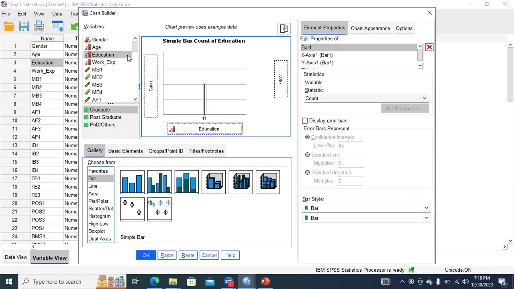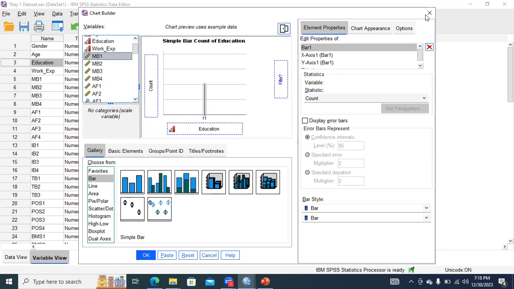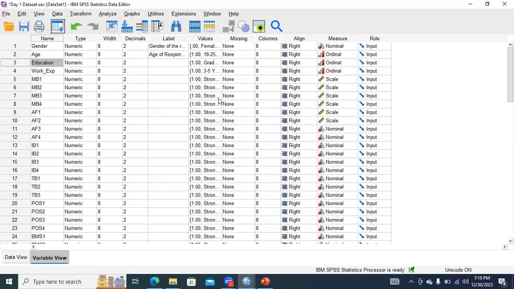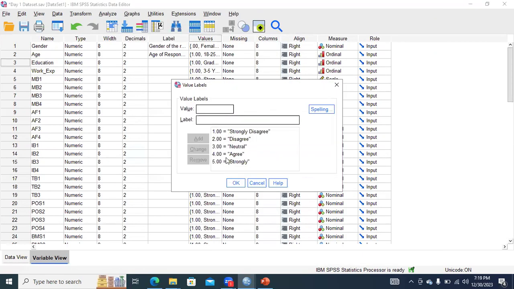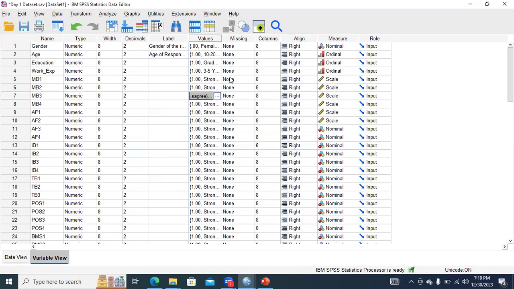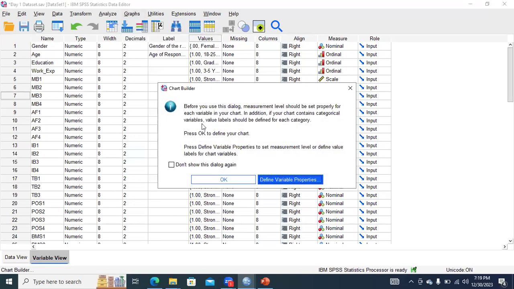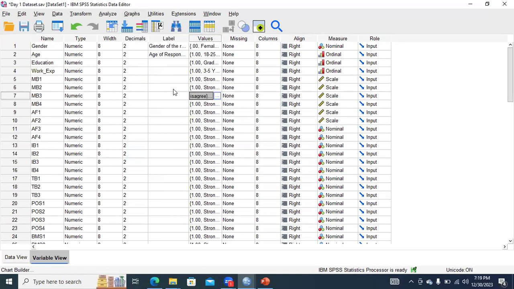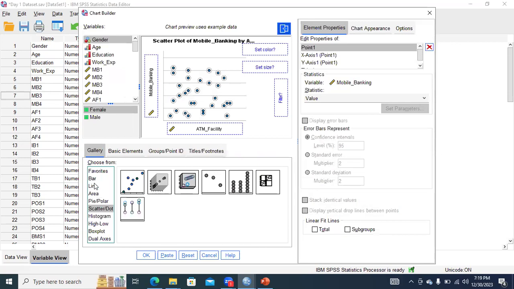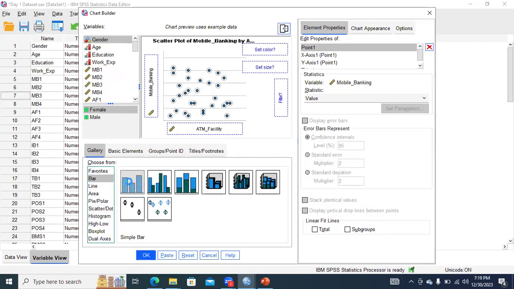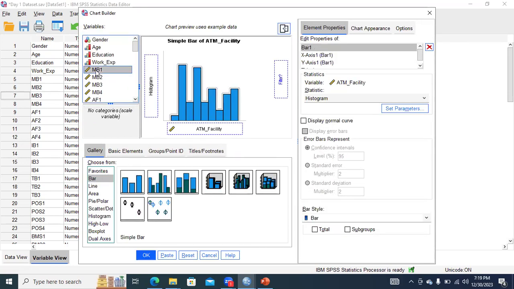It is showing a single. If we are using this variable, we can say that yes, we have five categories in it. You should go to the chart builder, click OK, and choose simple bar charts. Let's suppose I am using MB1, and it will let you show this. Click OK,